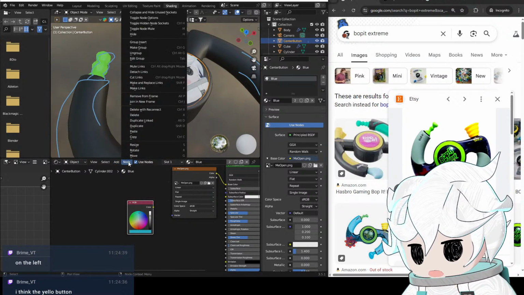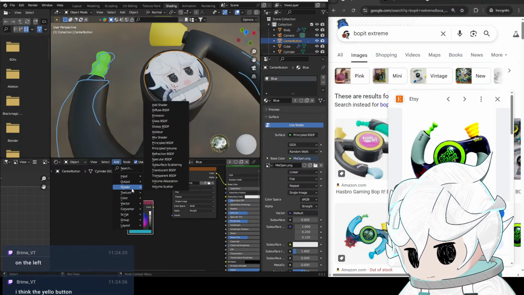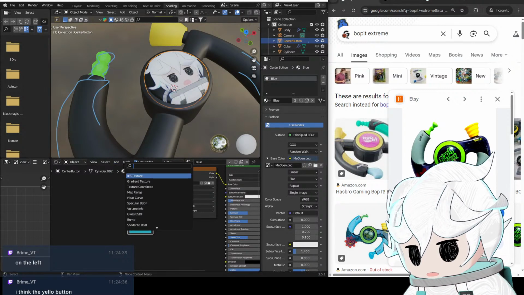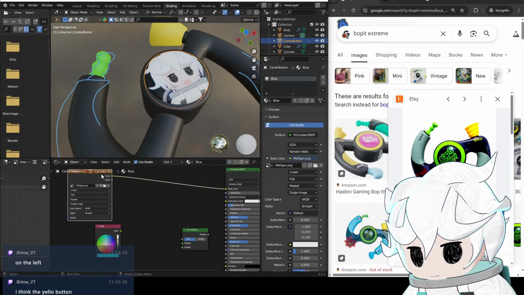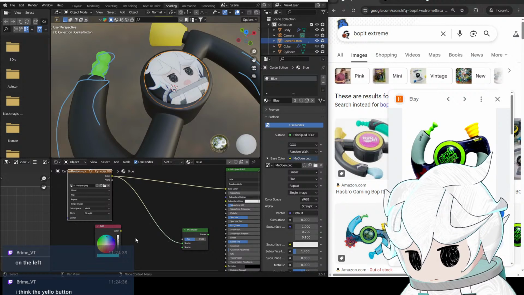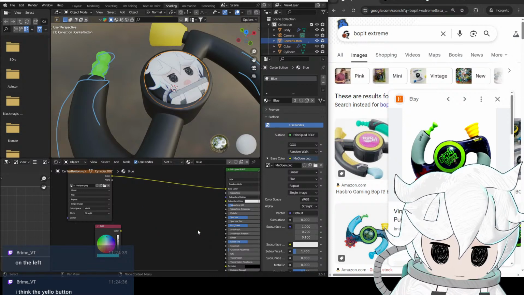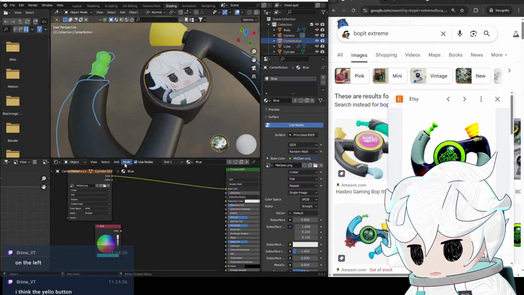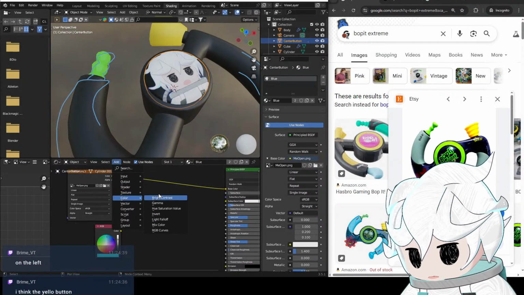Maybe adding node, add texture, output, input, search, add shader, mix shader. I don't know what this is. Oh wait, these are shaders. No, I'm trying to mix colors here. My goal is to put my face on a blue background. I could easily just Photoshop my own face onto a blue background. Color? Mix color